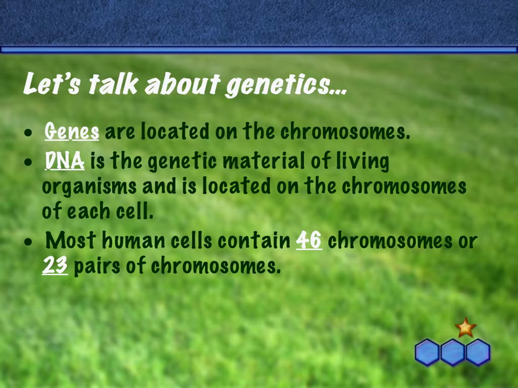And most human cells contain 46 chromosomes, or in other words, 23 pairs of chromosomes. The way I really like to think of it is like 23 pairs of shoes. So if you looked in any one of your cells,